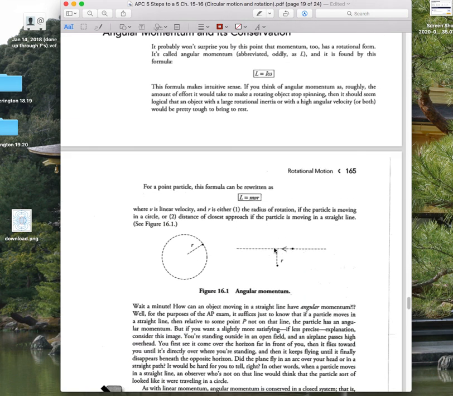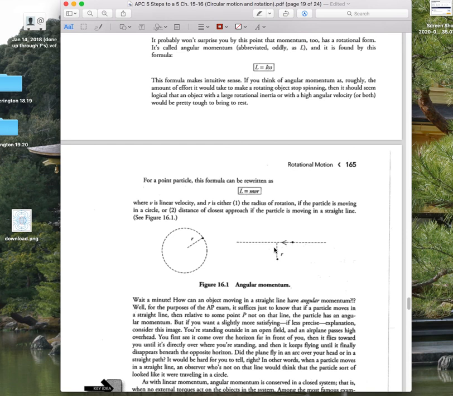Angular momentum is actually pretty important. So it is always, always, always conserved. Remember,